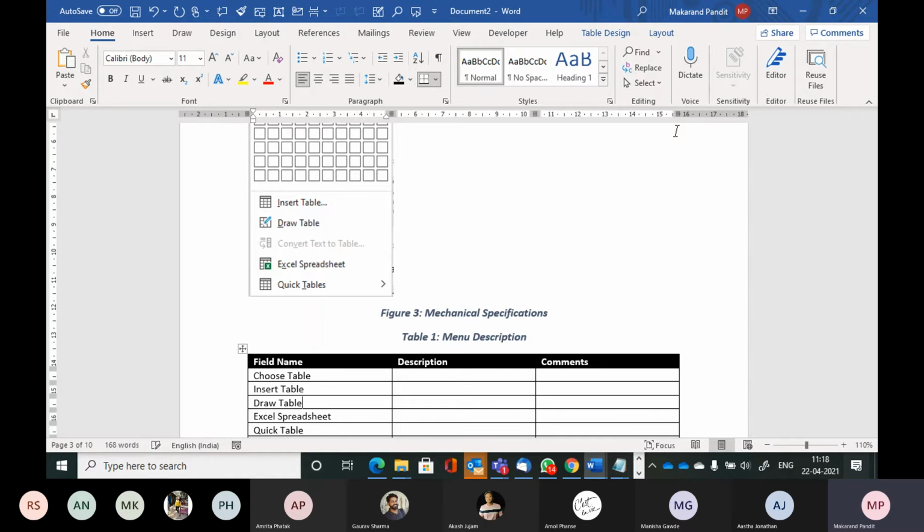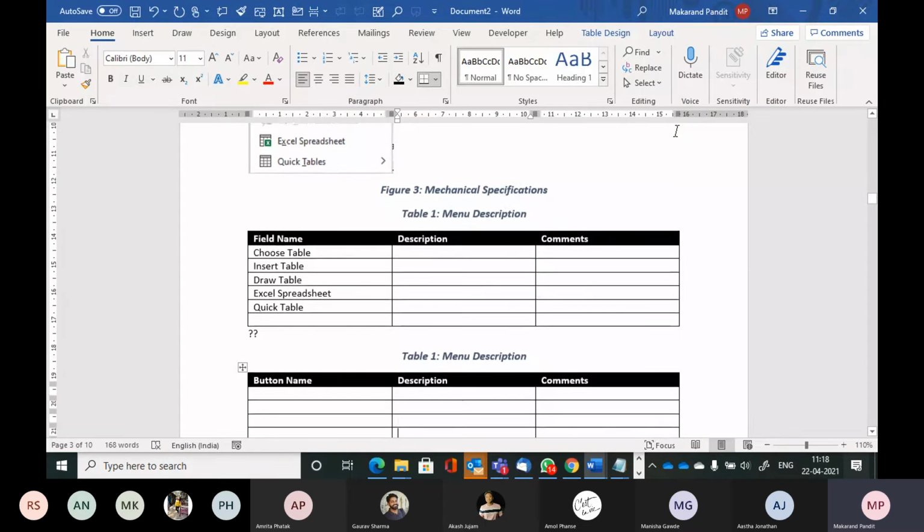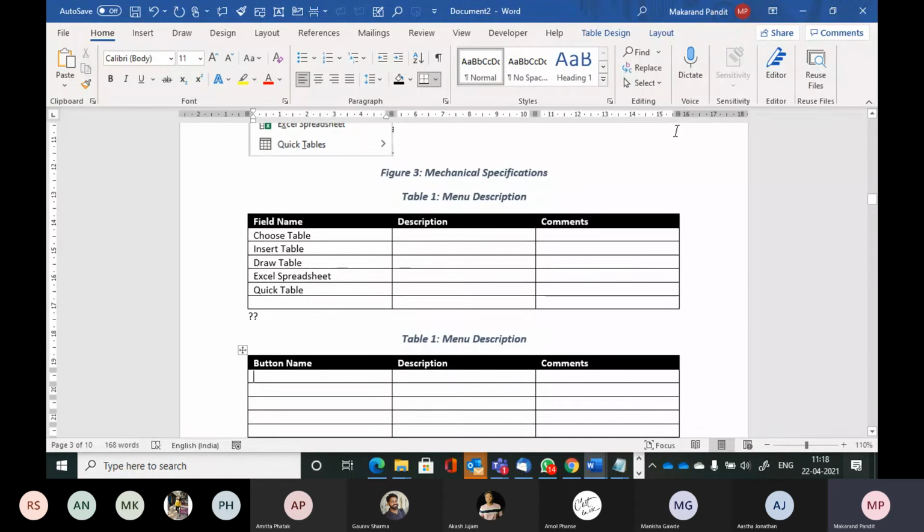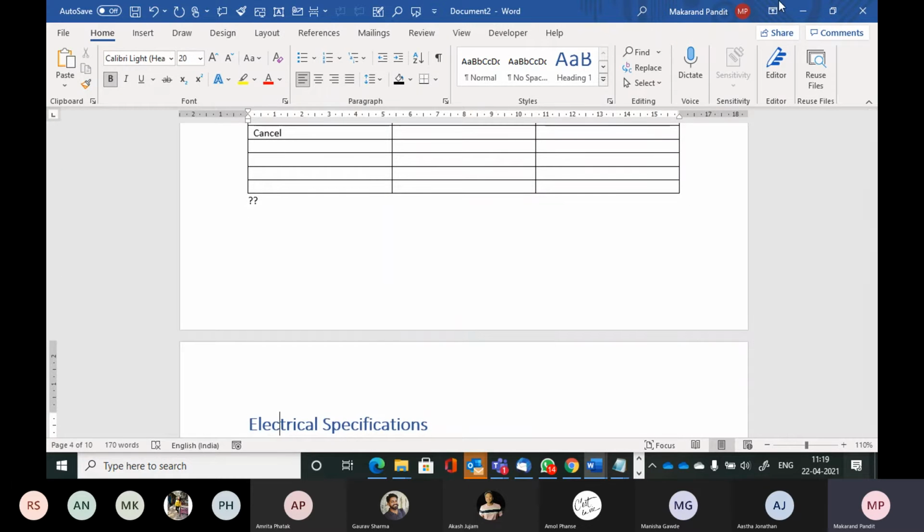Yes. What about writing the description? That is going to be the creative part. I'm not going to confuse mechanical and creative. So I've done this much. And maybe there are some buttons here. So I'm just making it up. So I'll say, okay, there is an OK button and there is a cancel button. All right. Done. Very good.